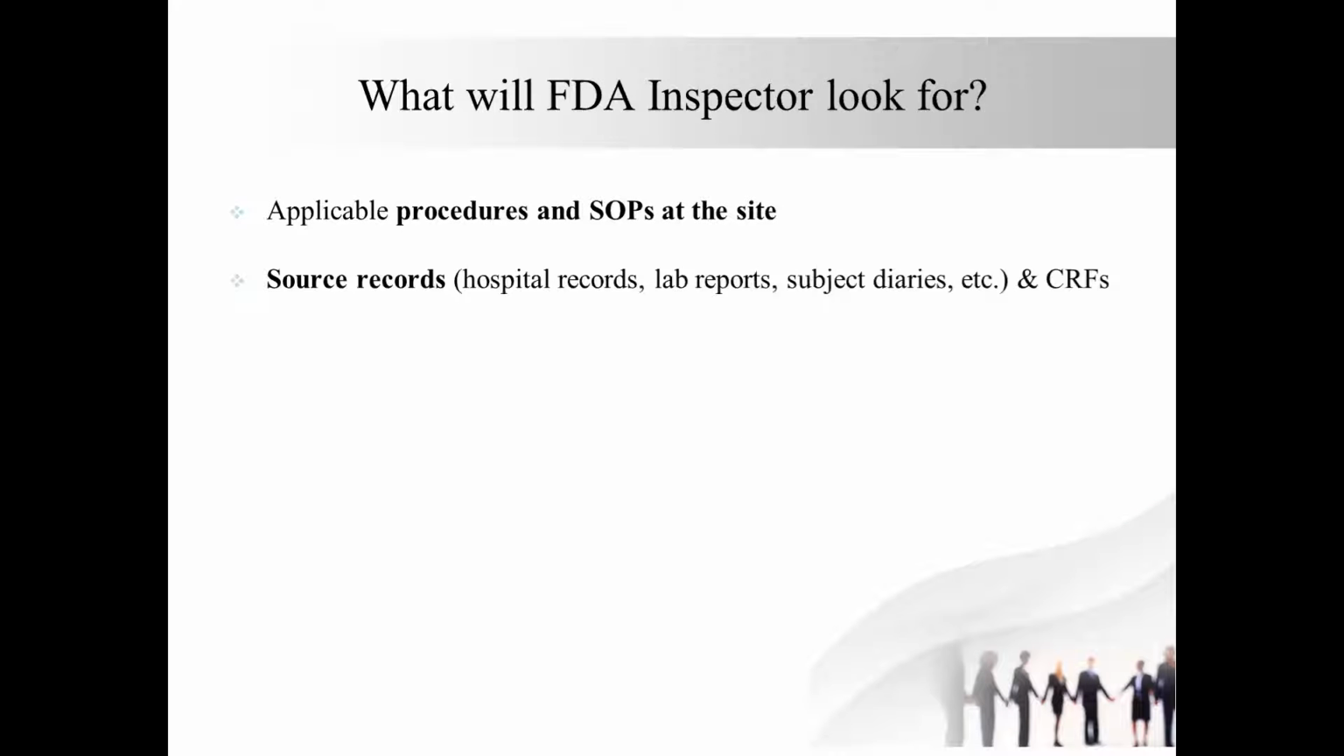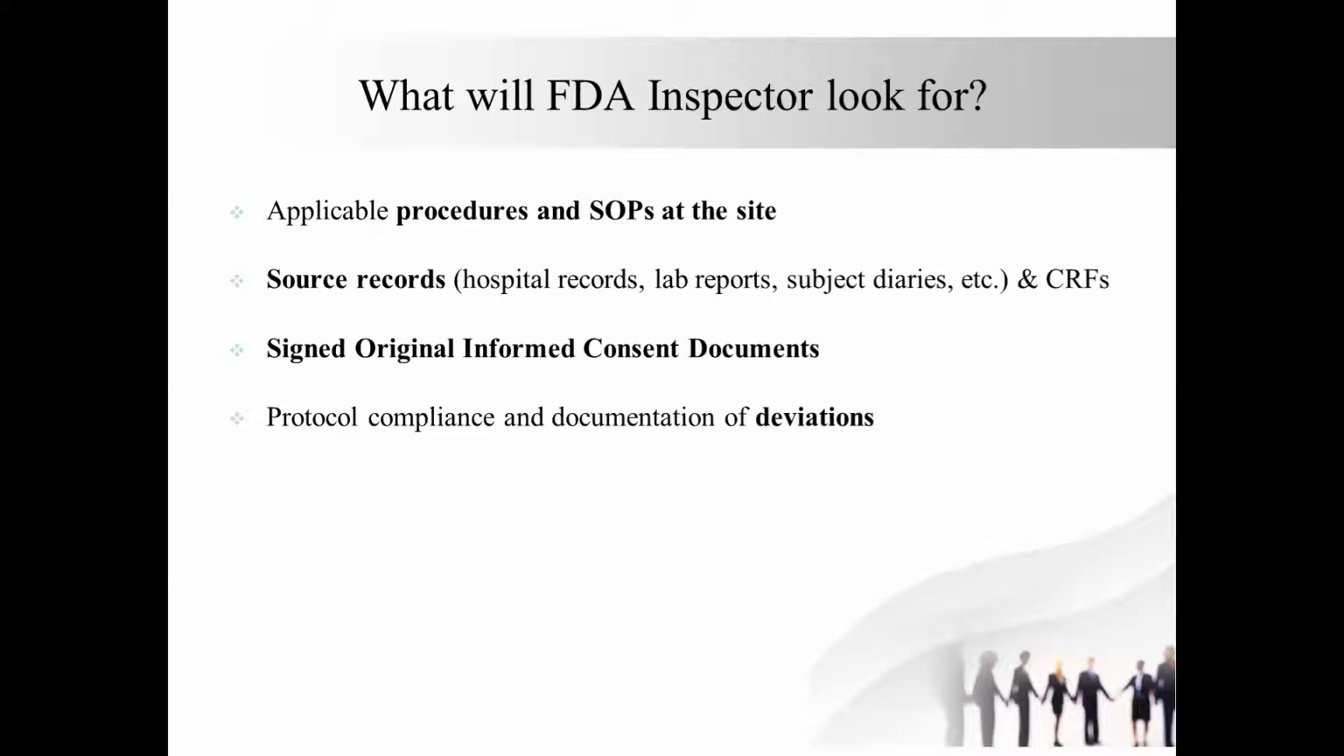Whether the applicable procedures and the SOPs at the site have been followed properly, those records. Many times the CRFs are perfectly written, but when the inspector comes and asks for the source records, which are basically your medical records, hospital records, the lab reports, and the subject diaries, they may go missing. So it's very important that the source records are in place, along with the signed original informed consent forms,